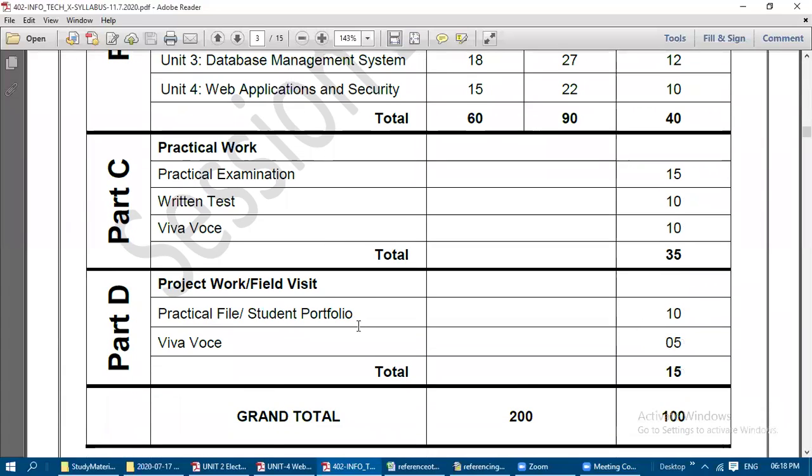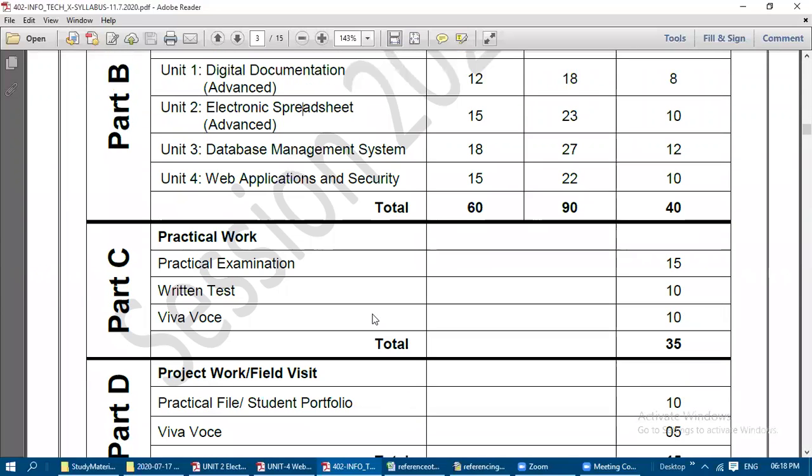The detailed syllabus is also there in this PDF. I will send the PDF separately to you in the WhatsApp group. So in electronic spreadsheet, sessions 2, 3 and 4 alone you need to concentrate. And in unit 4, session 1 to session 8, because according to the old syllabus, sessions 1 to 8 were taken. In the new syllabus also, 1 to 8 are fully given. Along with that, 3 more sessions, 9, 10, 11, are added additionally. Only general topics have been added under web applications and security.